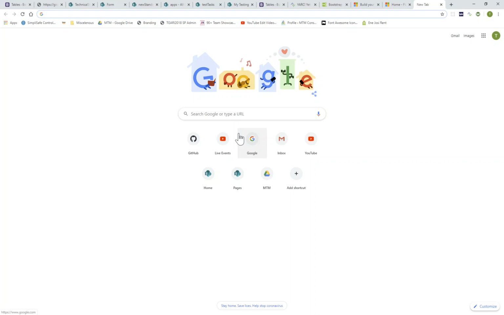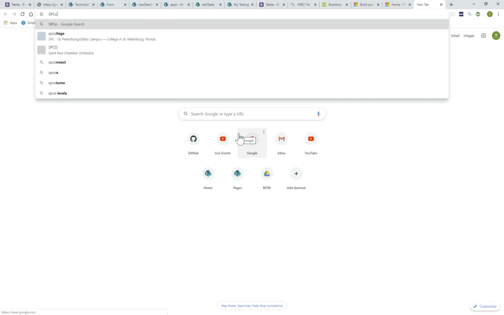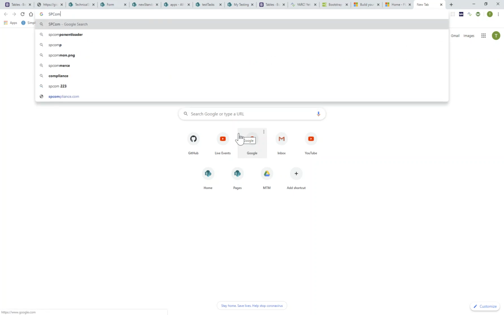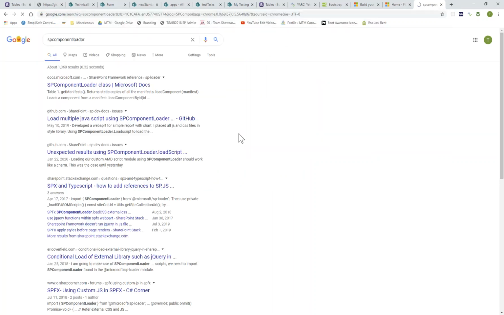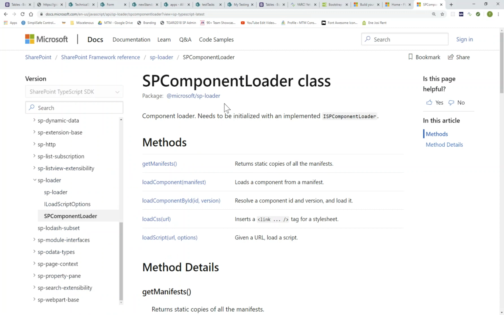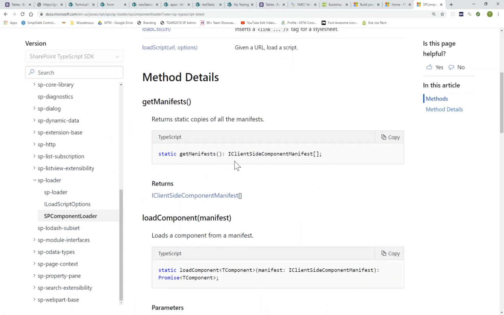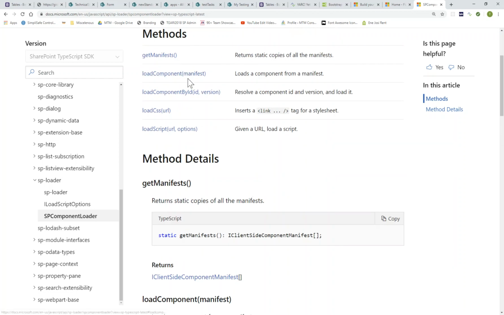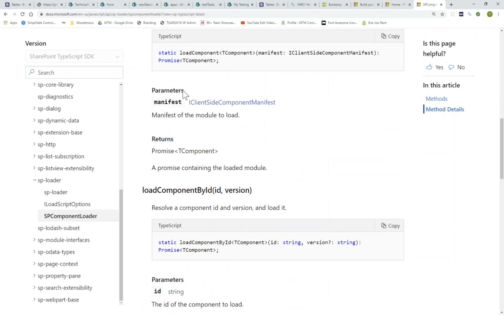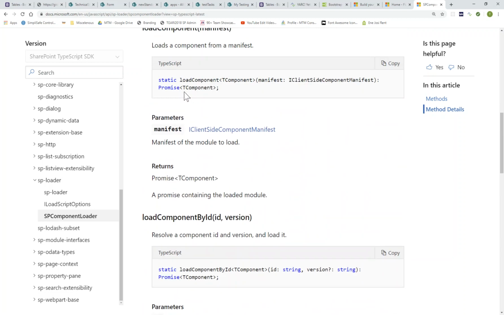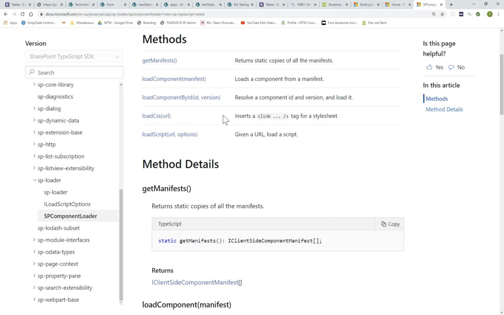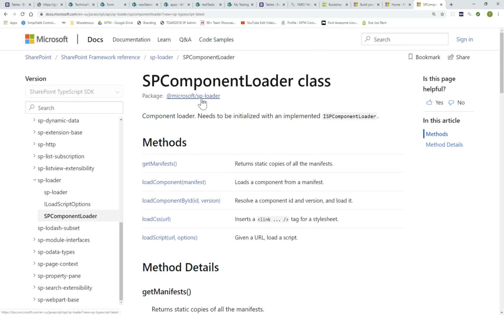እዚህ ጉግል ላይ ላሳያችሁ ነውና በSPFx framework SP component loader የሚል አለና። እቺ SP component loader አንድ ሞጁል ናት። CSS, JavaScript ምናምን ሎድ እንድታደርግልን የሚጠቅመን ስለሆነ SP component loader እቺ ኢምፖርት ማድረግ አለብን ከየት? ከማይክሮሶፍት /package እቺ ናት